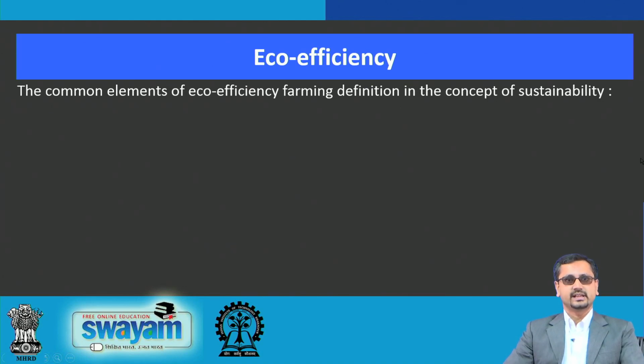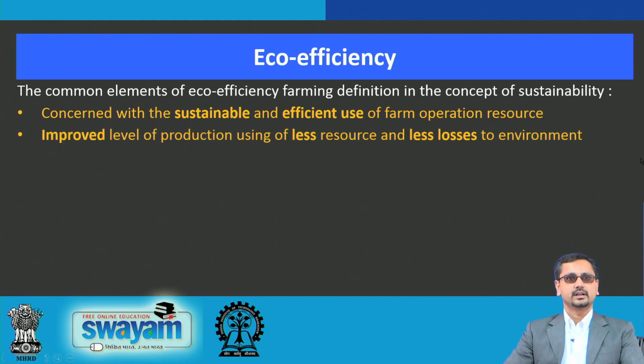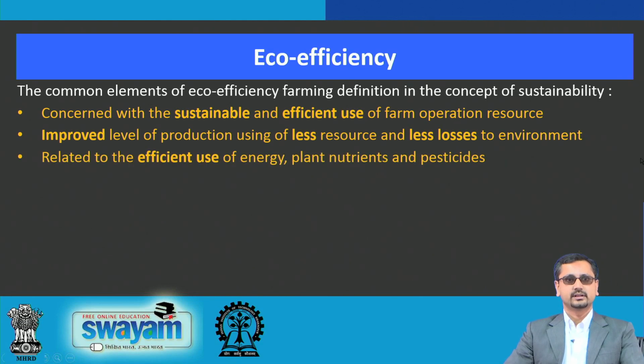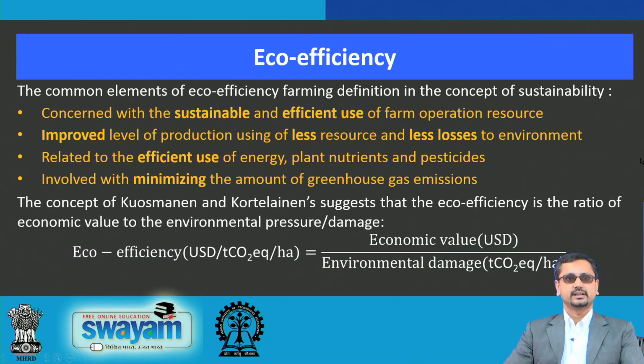Finally, eco-efficiency is a common element of the eco-efficient farming definition in the concept of sustainability, which will include the concerns with the sustainable and efficient utilization of farm operation resources. It includes the improved level of production using fewer resources and fewer losses to the environment. It is related to the efficient utilization of energy, plant nutrients and pesticides. It is involved with minimizing the amount of greenhouse gas emissions. This concept